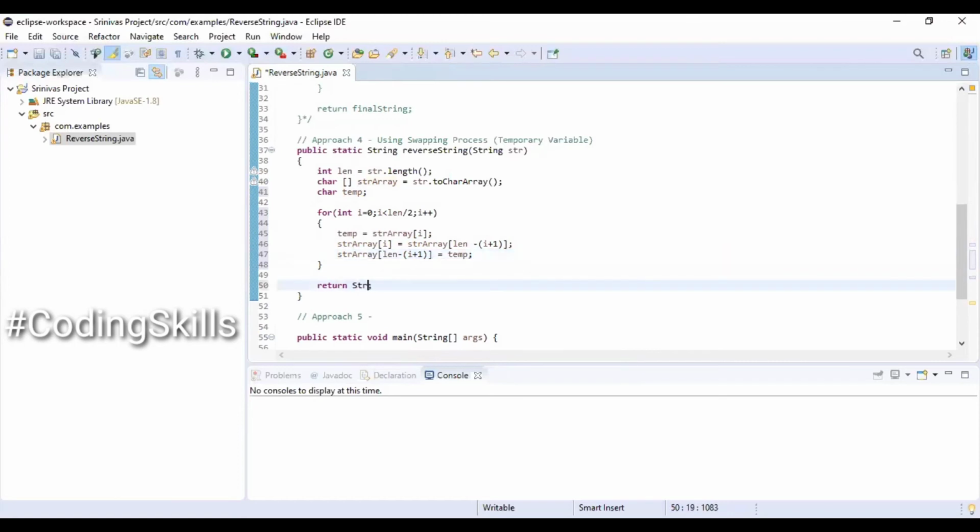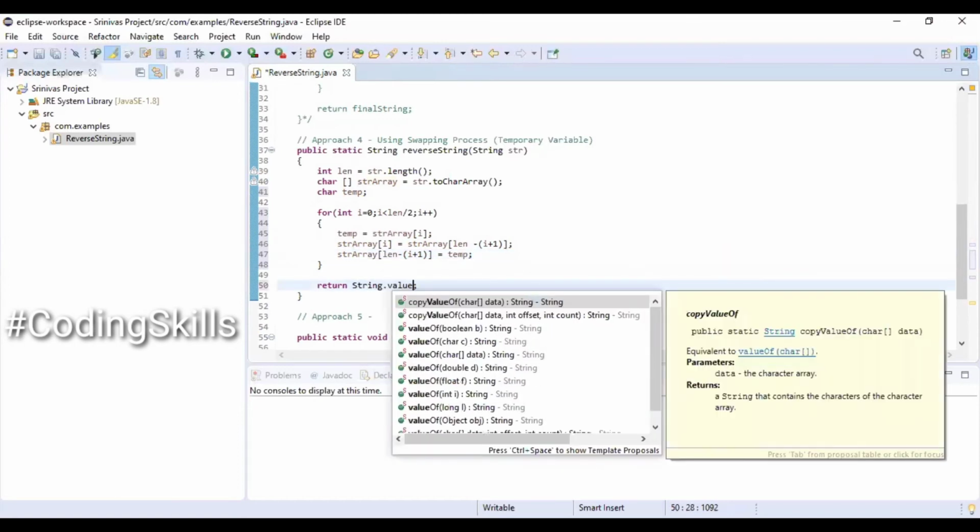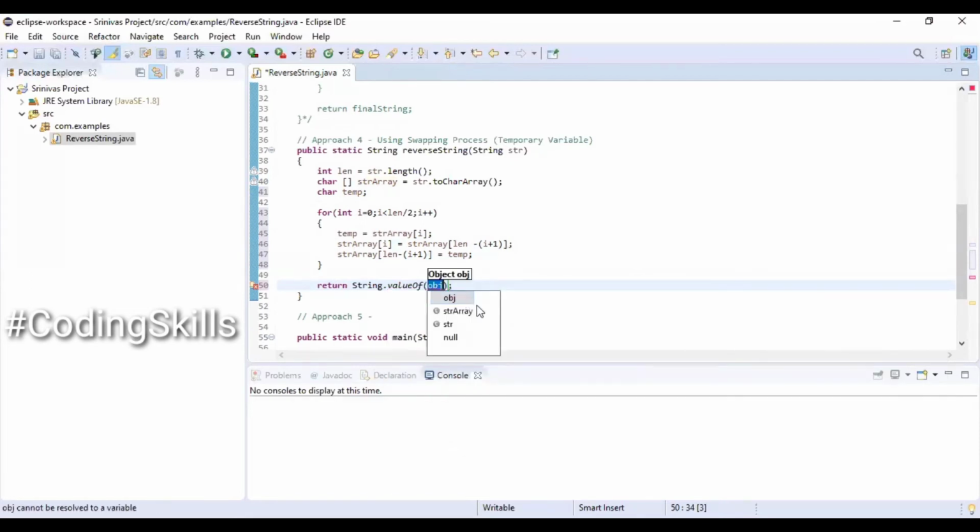After completing the for loop, we are going to return the value, String.valueOf of strArray.